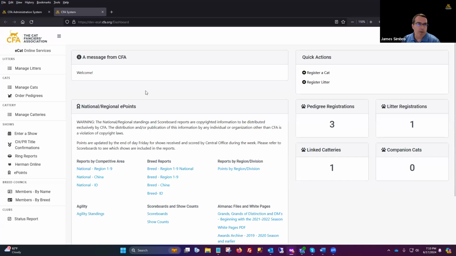Okay, when you log into eCat, into your current accounts, because we are going to migrate the accounts over, all your existing cats and litters that were originally submitted through eCat will still be there. Your cattery should still be linked. Your cattery name should still be linked to your eCat account, but there is a chance that it may become